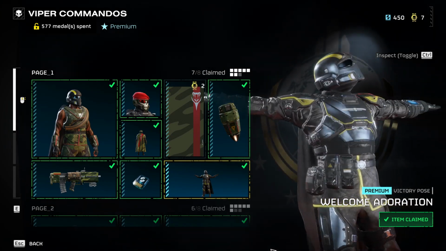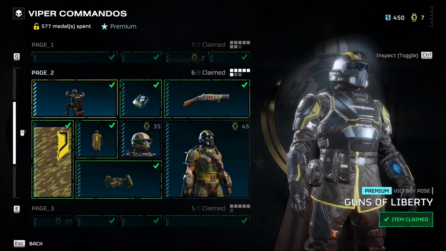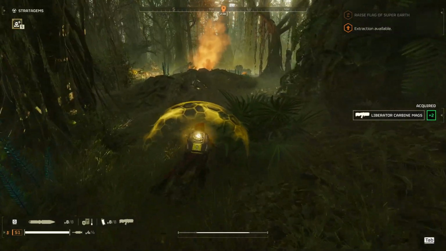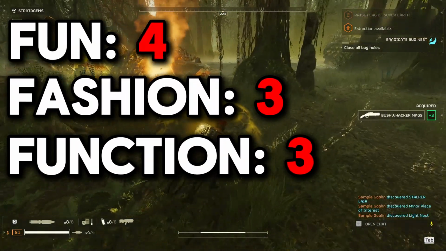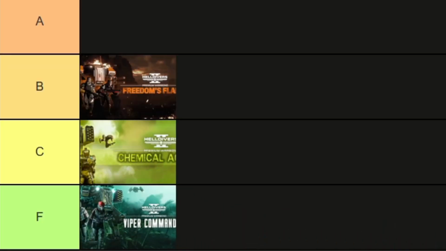kind of fun. It seems the developers made this Warbond to poke fun at the community's initial reaction to enduring the Battle of Malevelon Creek, as many new players called it, quote, Robot Vietnam. But that still doesn't fix how bland this collection is. Overall, it's not great. It's lacking fun, has no real fashion, and barely has any function for new players. So it gets a 3.3 total score and proudly sits in the F tier, making this our worst ranked Warbond